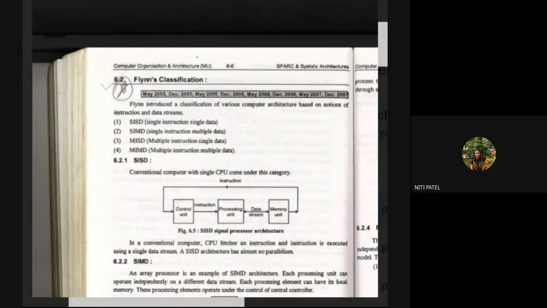First, it will be executing only move a comma b. Though I have given 5 instructions at a time, this SISD will take only one instruction, that is move a comma b. That instruction will first go into the control unit. The control unit will read the instruction. It will take it from memory, from wherever it wants. It will give that instruction to the processing unit, that is the CPU, for the execution. After the CPU has executed, now it is time to display that result to the user, as well as to store it into the memory.